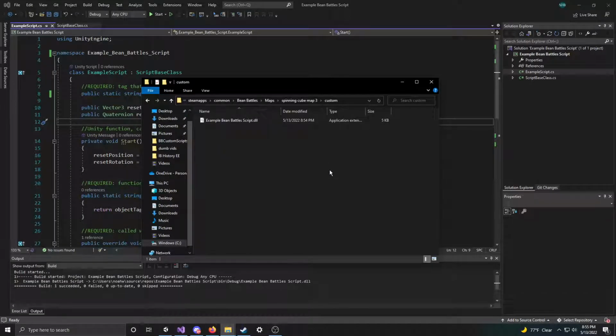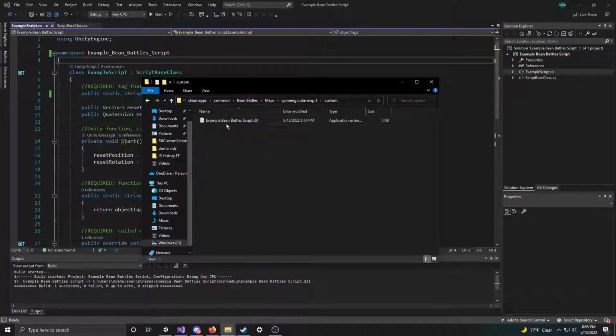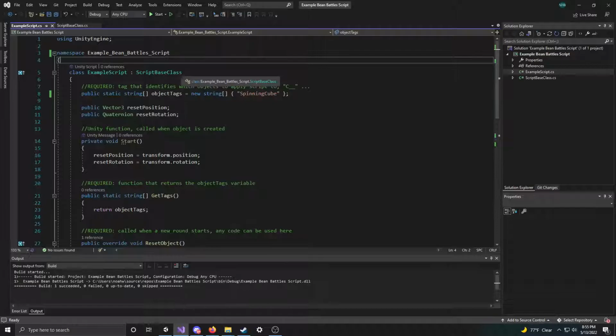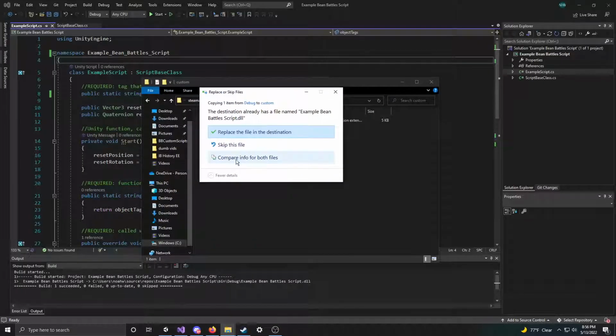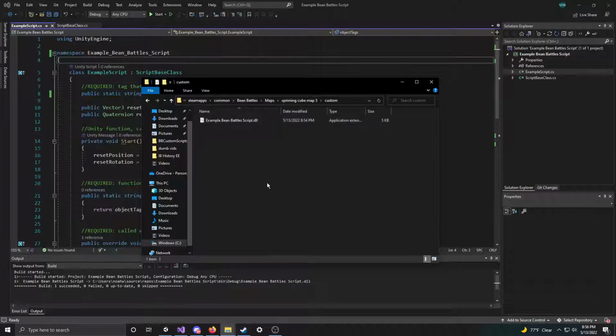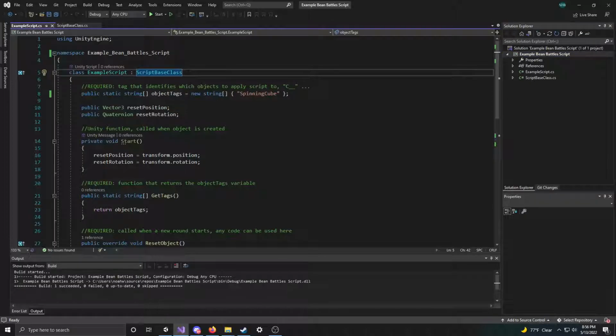And if you were to make multiple Visual Studio projects and create multiple DLLs, you could put multiple in here. So if I made another one that was called like awesome bean battle script, right? And I compiled that, I could put a second DLL in here, called awesome bean battle script, and they would both work. And you can also go ahead and create multiple classes in your single project, and they will all work. So if I were to make a second class that wasn't example script, instead it was like